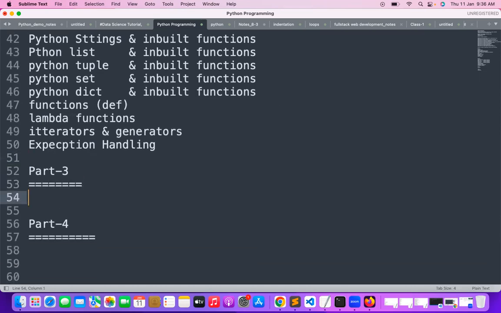In part three, let me go with object-oriented programming, like classes, how to work with the classes, how to work with the object, and how to work with a method. Okay, so how to work with inheritance. There are a lot of object-oriented features, OOPS concepts we are working on. After inheritance, polymorphism,